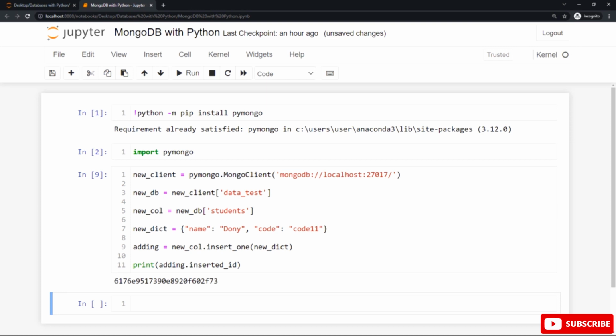You will get this inserted ID for the first document we have inserted, and you can display the inserted ID for any document you inserted by using the variable name that refers to the insert one method followed by the dot notation followed by the inserted ID statement inside the round braces of the print function to print out or display the output on the screen once you hit shift enter or shift return.